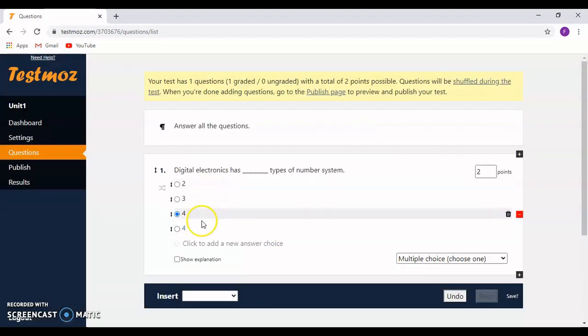Now moving on to the next question, I click on the drop down icon here, multiple choice with many.